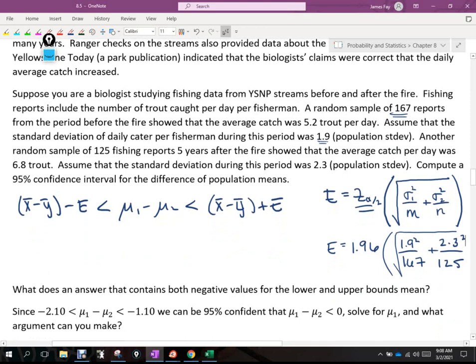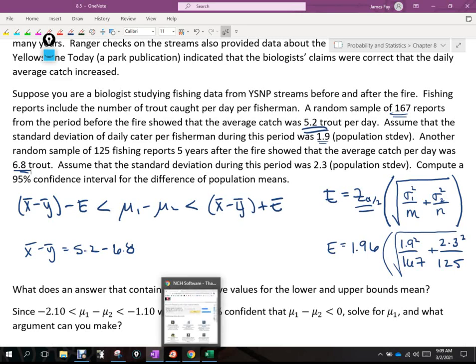Okay. Now I've also got to find x bar minus y bar. Well, X bar minus Y bar, that's the sample means. That's the difference in the sample means. Okay? Well, one of those samples, the first one, was 5.2. That was the sample mean. Does that make sense? So X bar minus Y bar is going to be 5.2 minus then the 6.8, which is the other sample mean. Is that all right? Okay. So now, if we go ahead and compute those things,